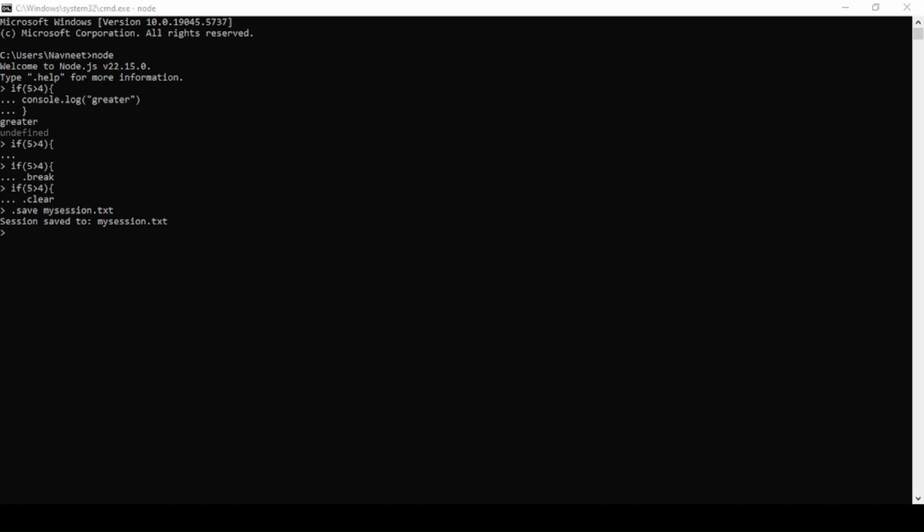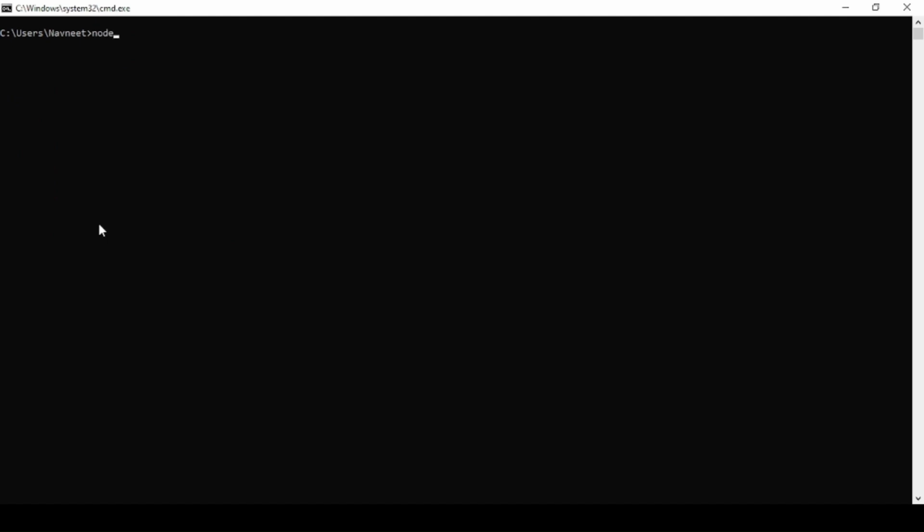Let's now do one thing. We can exit the current session. So we are going to open this my session.txt in another session. So for now, I'm going to exit by pressing Ctrl C twice. Let's enter the REPL once again. And now you have to load using .load and then the name of your file, and that is my session.